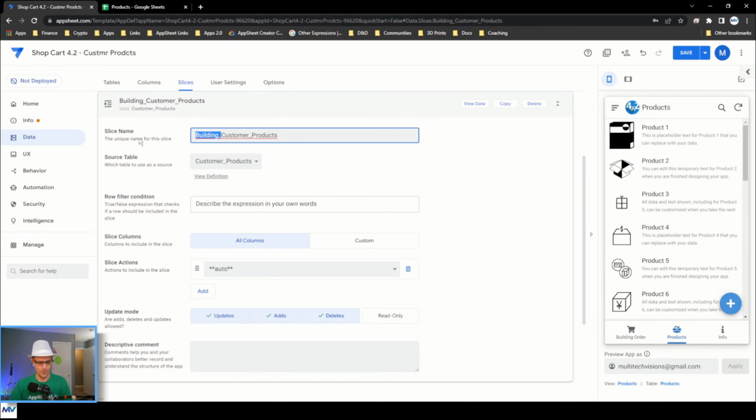Or better, here we go. We'll get a little verbose. Customer products for building order. Yep, and it's even more apparent. And the thing that you got to do, so the easiest way to do this is come down here to the building order,